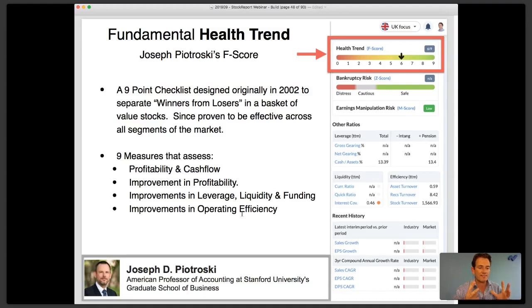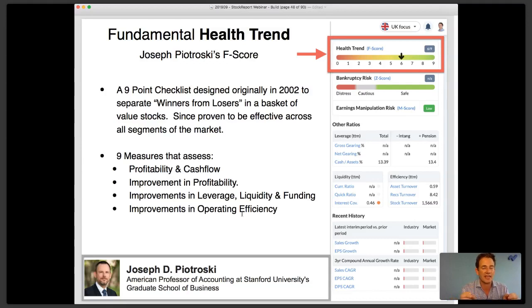Now, all of these measures are very hard for a lay investor to spot when they just read the news, because when you read the news, you just go, profits are up, yay, buy. That's a pretty naive way of looking at a stock. And people often won't go and dig into the company accounts. And if they do, they rarely compare them with the previous year. So this is a very, very